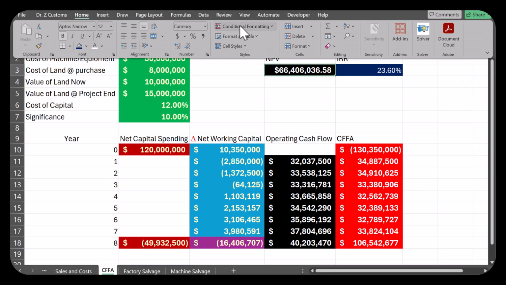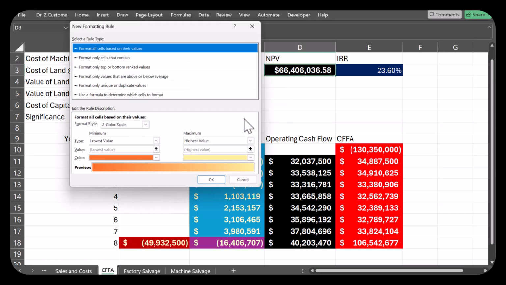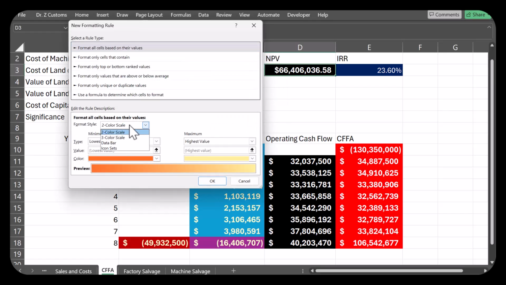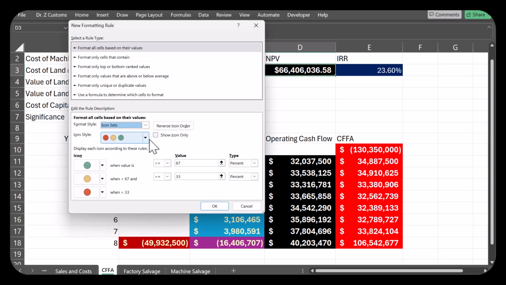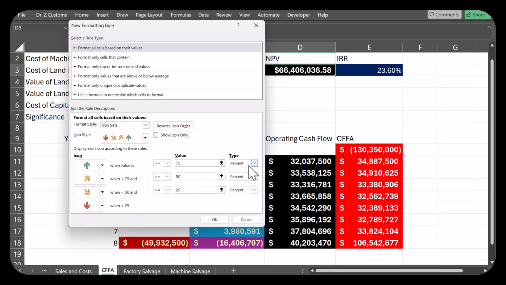I'm going to do icon sets. Let's see. Well, now I'll be fancy. I'll put 5 arrows. Now let's put 4. All right, these are going to be based on formulas. If it's greater than